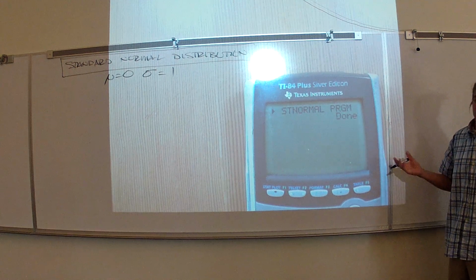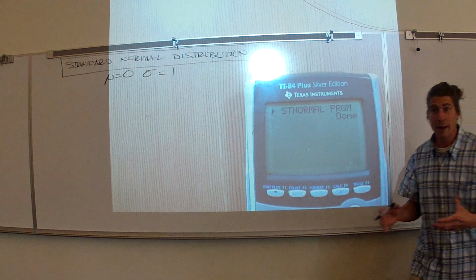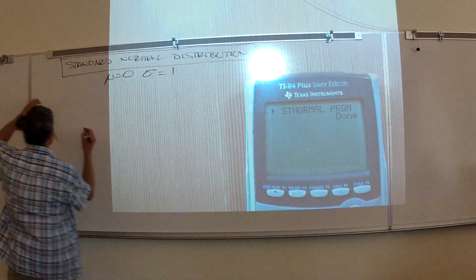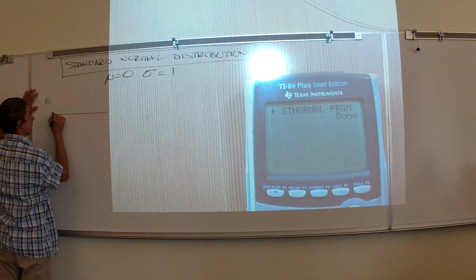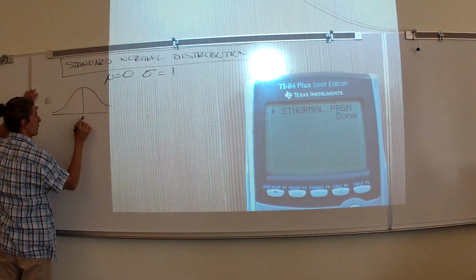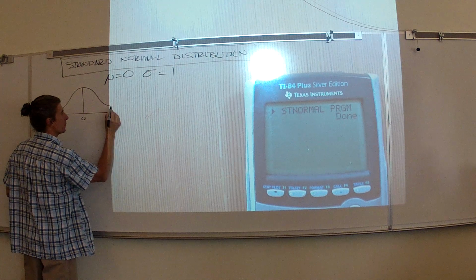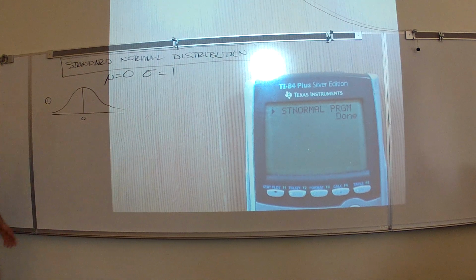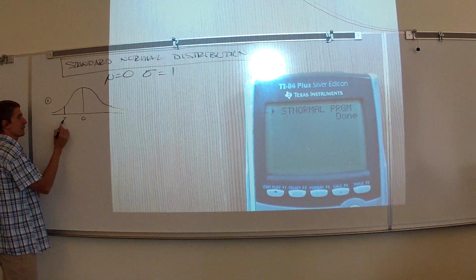So let's look at what I would call a backwards problem. So suppose we draw the bell curve. We slap a 0 in the middle. I always like having that in the middle, and you'll see why as soon as I ask you about some IQ scores momentarily. You'll see why I like to have that 0 in the middle. Okay. So let's suppose I asked you to find the z-score